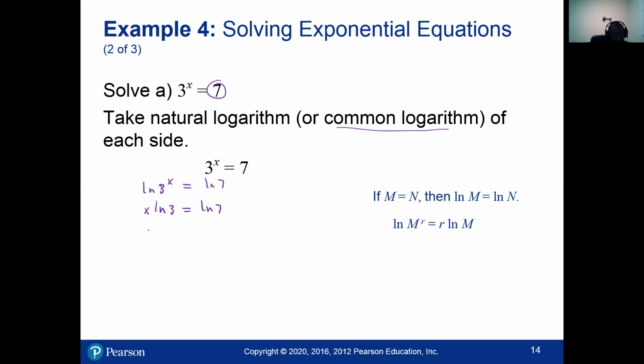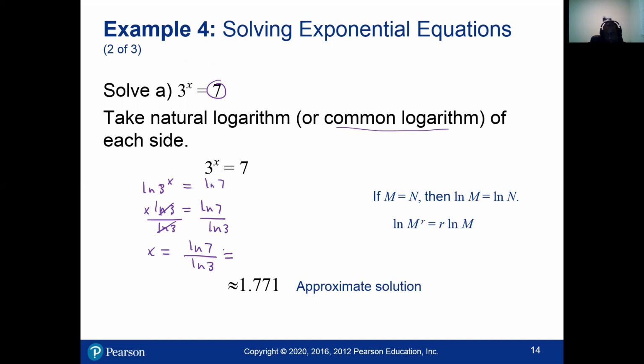We're solving for x, so we divide both sides by natural log of 3. Natural log of 3. Okay, so this cancels that. So you have x is equal to natural log of 7 divided by natural log of 3. Okay, that's the exact solution. If you simplify this, okay, natural log of 7 divided by natural log of 3, you simplify, you get